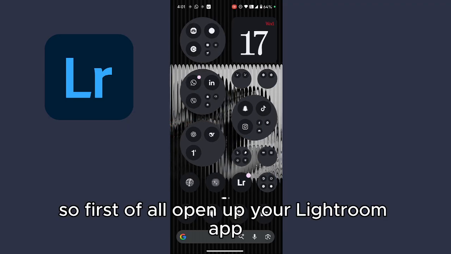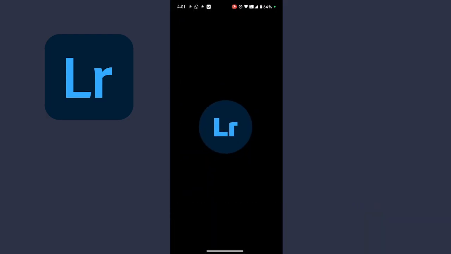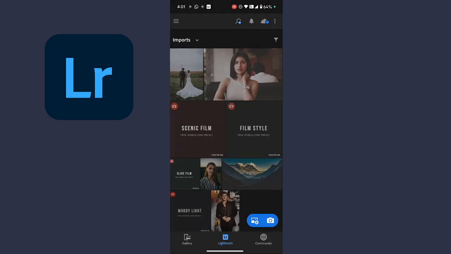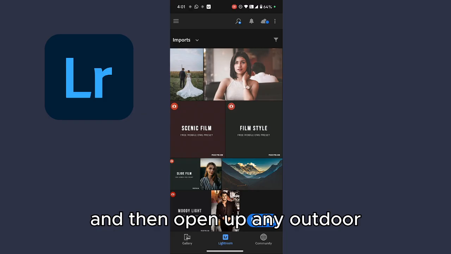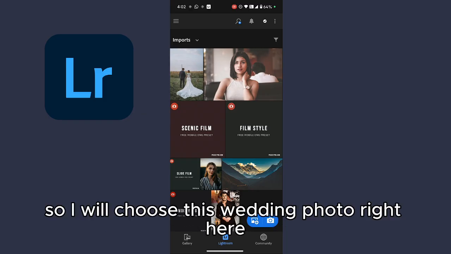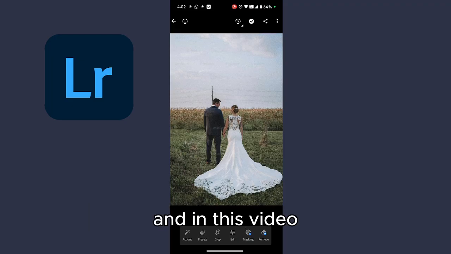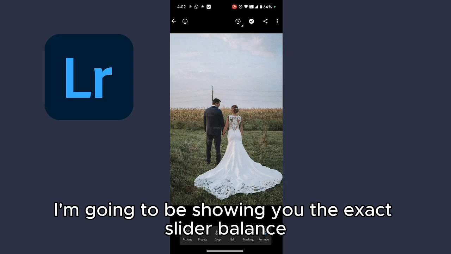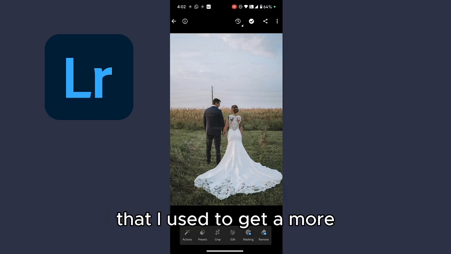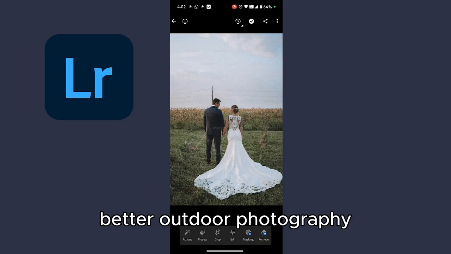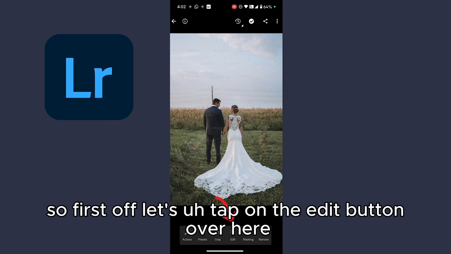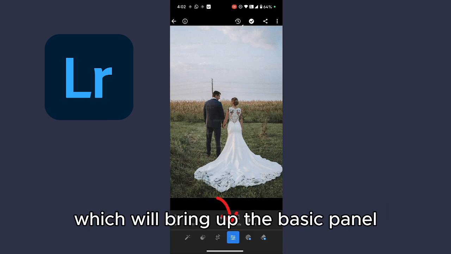So first off, open up your Lightroom app and then open up any outdoor photos that you want to edit. So I will choose this wedding photo over here, and in this video I'm going to be showing you the exact slider palettes that I use to get a better outdoor photography. So first off, let's tap on the edit button over here, which will bring up the